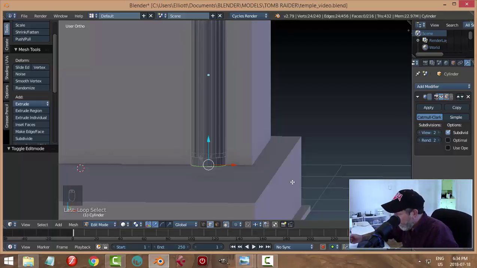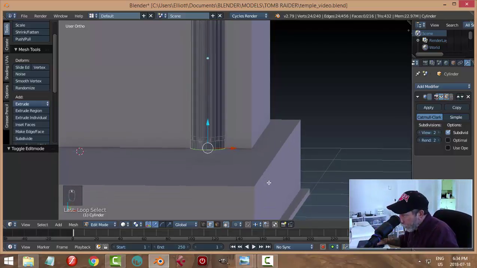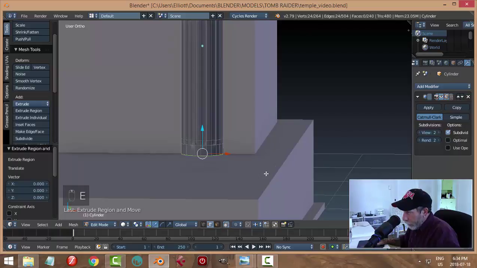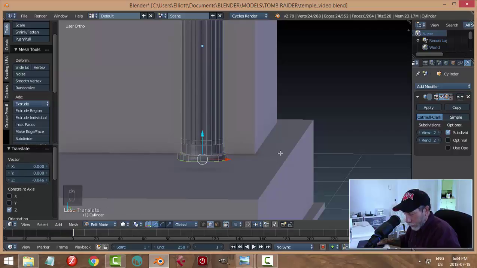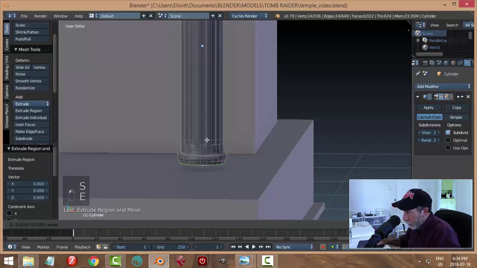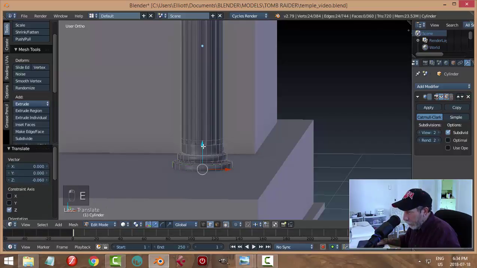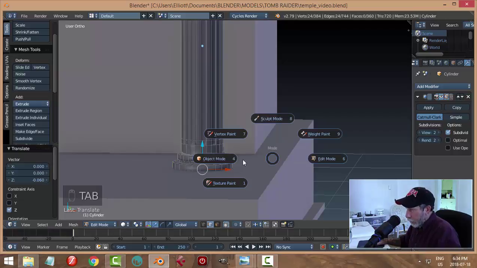I don't have to. I mean, I could do that. I could do stuff like this, right? I could just go E to extrude, scale, come out, E, come down. Let's do it like this. E, S, come in a bit, E, down, E, S. Let's come out a lot this time. E, come down. Okay, let's stop there for a second and